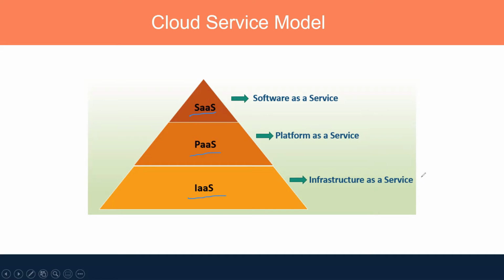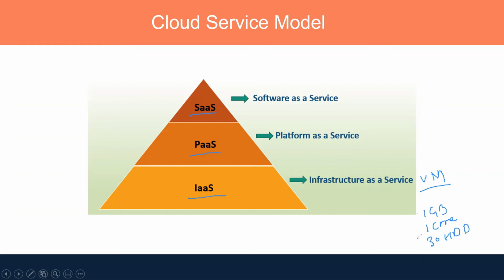For example, you can create your own virtual machines there. Let's say you are required to create a machine which has 1 GB of RAM, one core of processor, and 30 GB of hard disk.